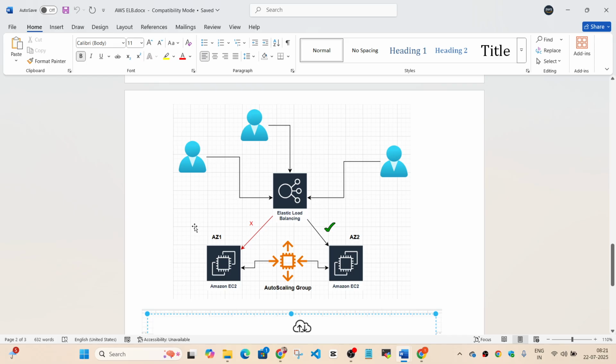Also, there's one more feature which is often asked in interviews, which is sticky sessions. Sticky sessions mean that suppose you have two instances running and the users are connected to one machine at a time. If you enable sticky sessions on the ELB, that particular user will continue to use that particular instance only, until the time he's connected to the website. Only in some cases would you want to use it.